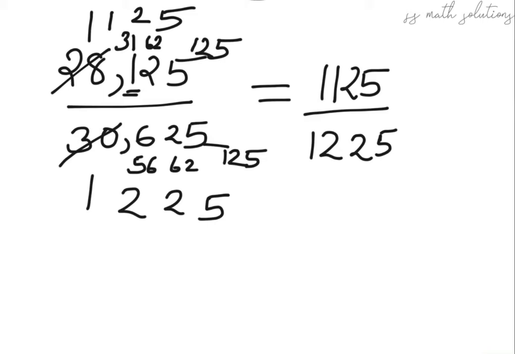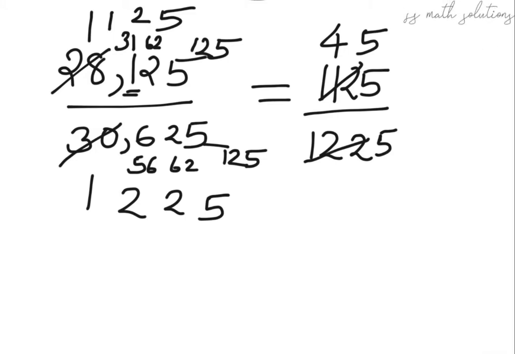Okay, what happened? 25 into 4 is 100. This 112 is our first digit because we are cancelling with the 25. So 11 is not possible. So we are taking the next possible number, 112. So 25 into 4 is 100, right? 100, remainder 12 is there. So 125, 25 into 5 is 125. So our number is 45.